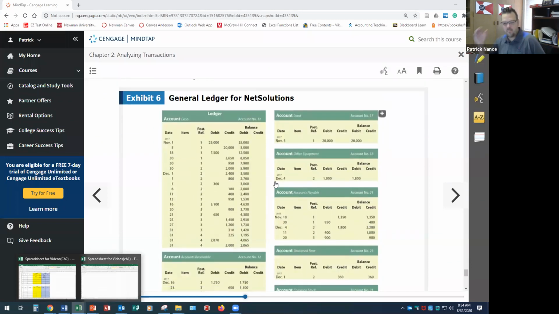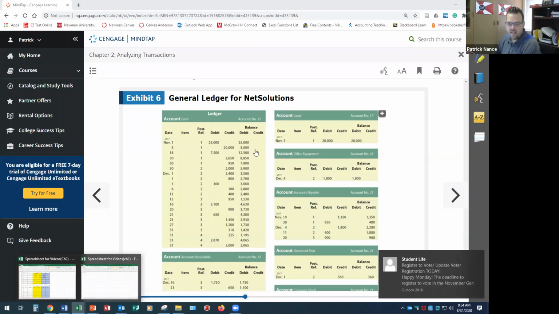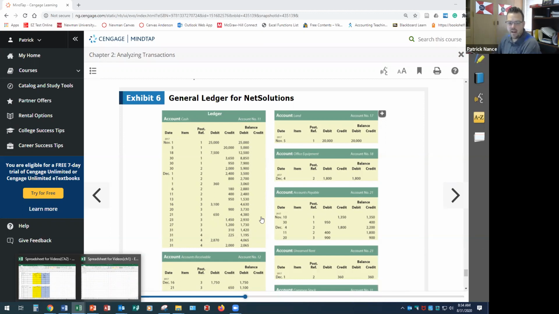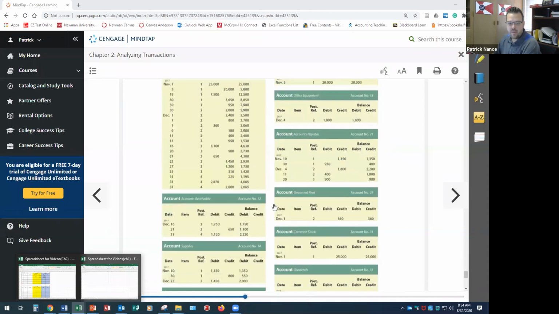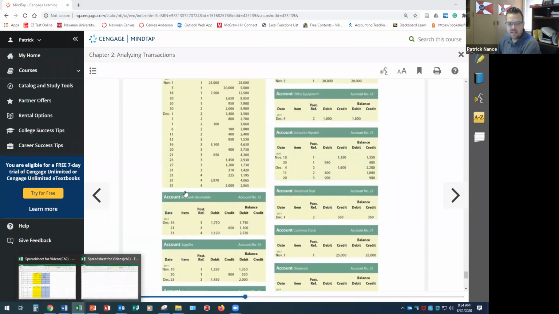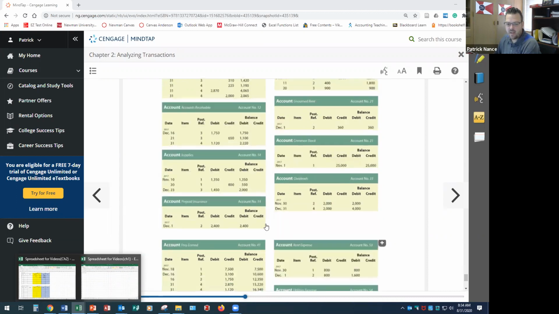Now, we journalize the transactions and we put those in the general ledger. The next thing we do is we create a trial balance. Trial balance is created to make sure that everything is in balance for the accounting equation as it should be. And then we can create our financial statements from that. So what we do to create the trial balance is we effectively take the balance at the end of the period of time. In this case, we're doing the end of December. We take just the ending balance in each and every one, and we put them in debit and credit columns